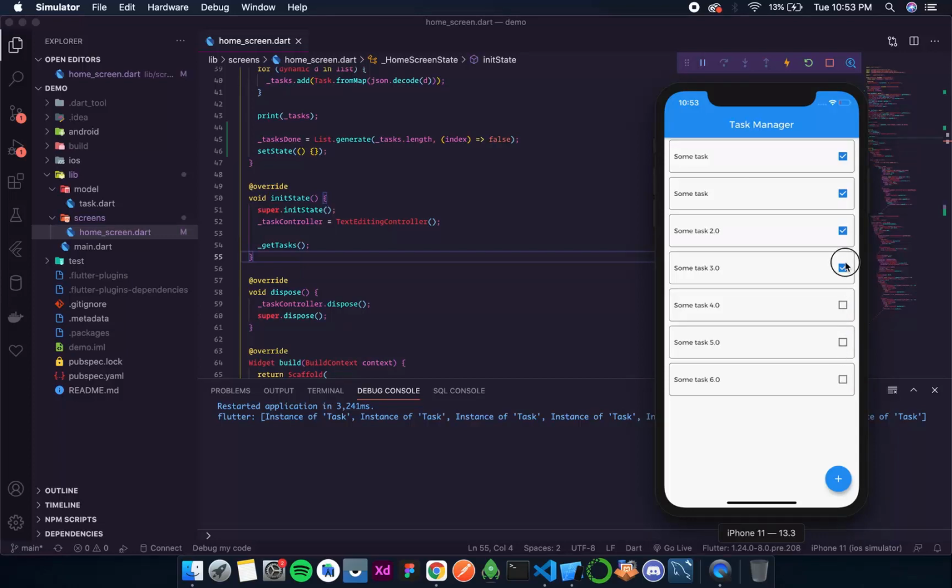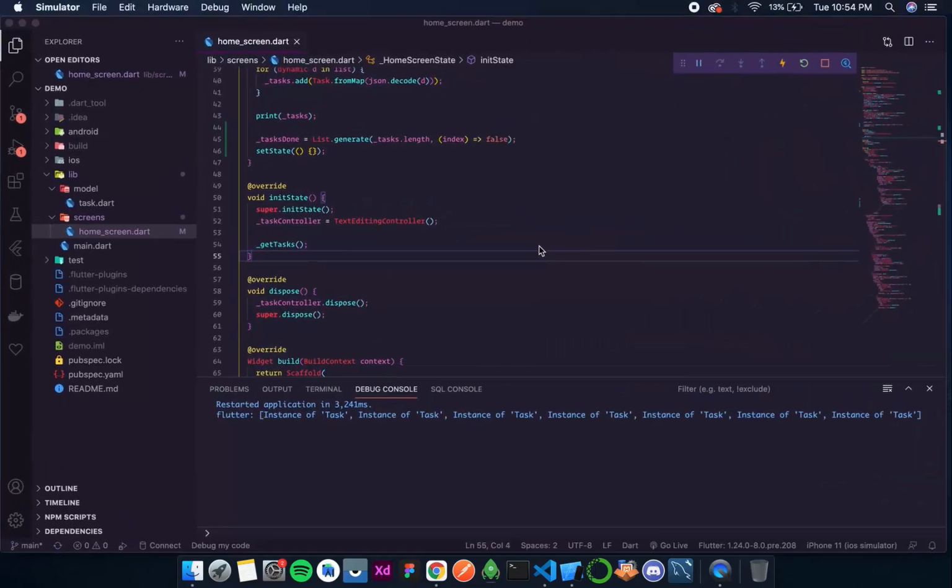So now let's do the save thing. That means if I have done some task, this some task is completed, so I check mark it. Some task 2.0 is also completed, so I check this also. Now I want to save these changes. That means when I open the task manager next time, I don't want to see these two tasks as I have already completed them. So for that we need a way to save the existing state of the application. So for that I am gonna add a save button over here.